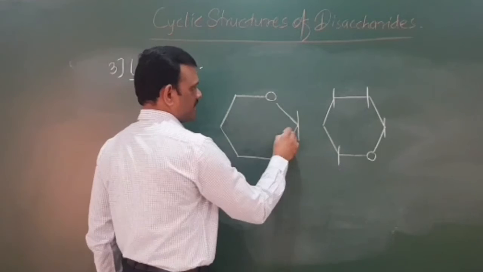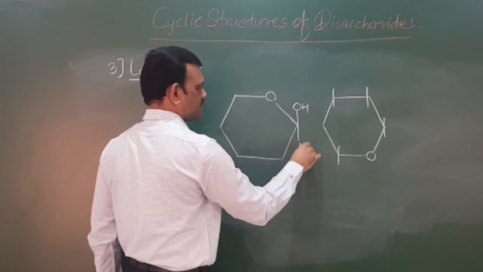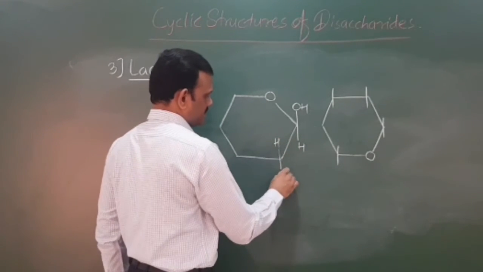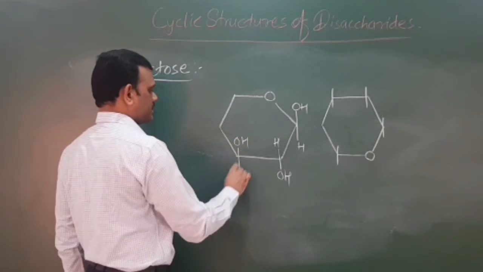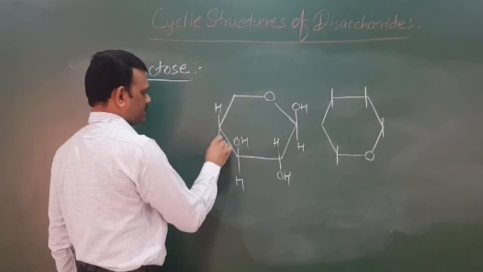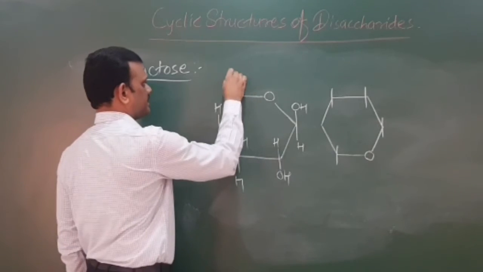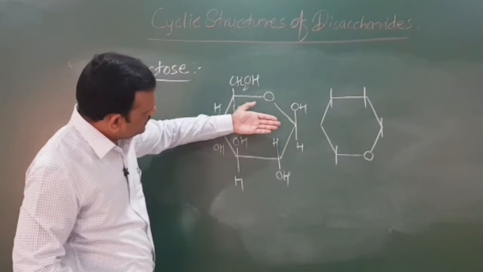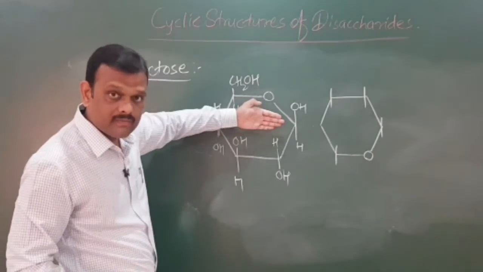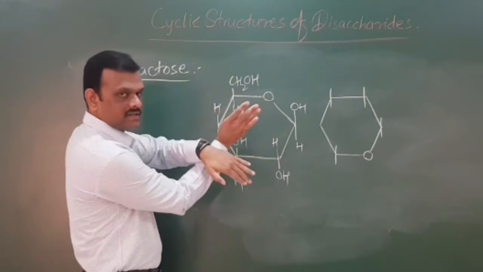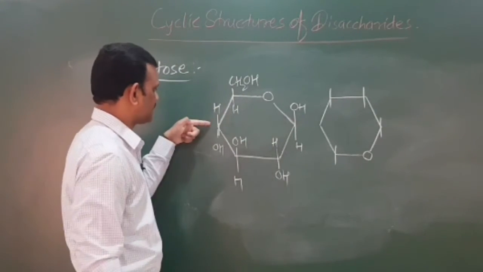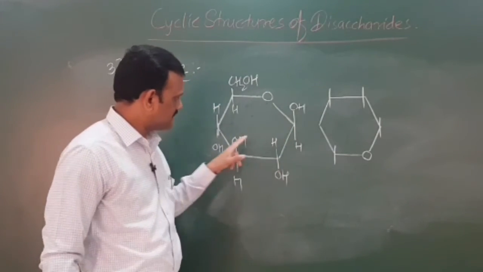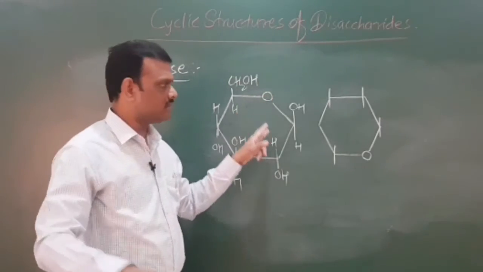Now this one is the C1 carbon. As it is the beta form, OH is on the upper part from the C1 carbon. C2 H OH, C3 OH H, C4 and H, CH2OH. What we are going to do is flip this structure by 180 degrees. That means you have to rotate this structure through this axis. After rotation you will get this structure. O is on the downward side, and whatever is present in the upper part you have to show in the downward part.